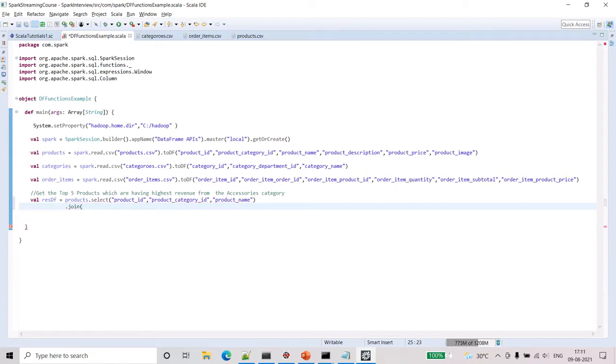First we need to join that with categories. In the categories we need all the columns, so I am not adding any select condition here. Anyway, I don't need this, so we can filter that out.